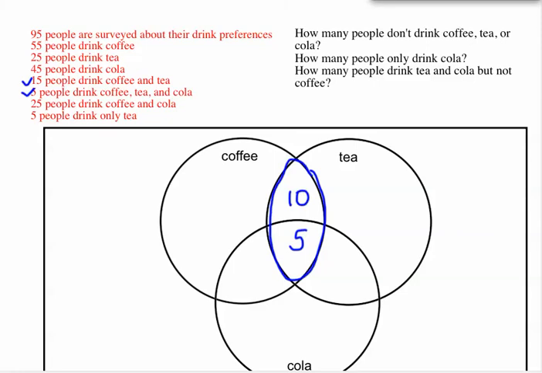Now I'm going to go here. 25 people drink coffee and cola. So I'm going to look for the overlap of the coffee and cola